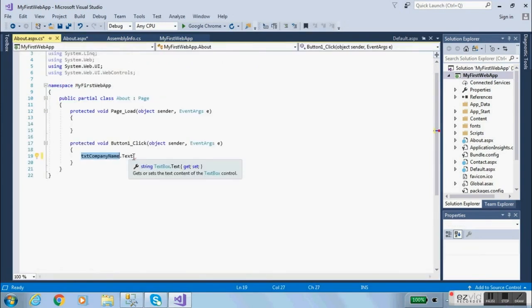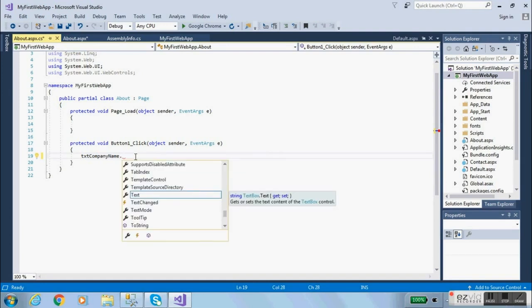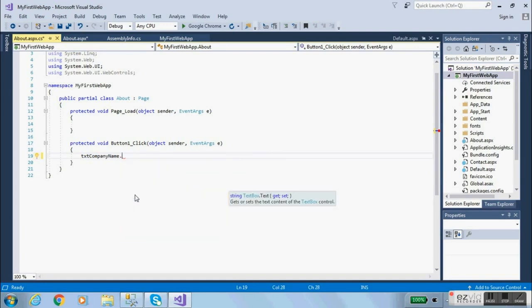And we're saying we're using the text property. It's got various properties. We're interested for now only in the text property to set the actual text value. Let's put in our name of the company here. Okay, let's click on. Okay, now before we click on the run button, the play button here, I need to